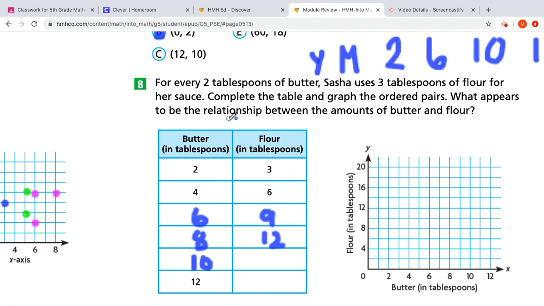Okay, then what I want to do is complete the table, and then graph the ordered pairs. So once you make these points, you're going to start graphing them. If you notice, their butter is on the x line,